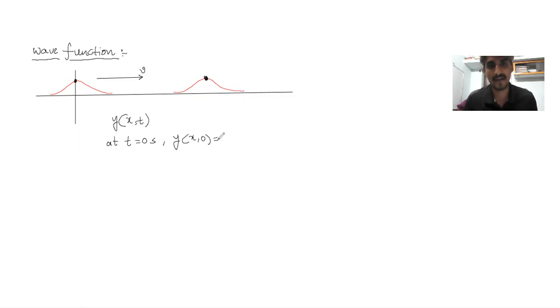Let us take that y of x comma 0 is a function, that is f of x. f of x means it is purely in x. Why? Because the t terms are 0. And after some time it has gone to a different position. Suppose after some time t, if this wave is again generated here, then we can write that here y will be